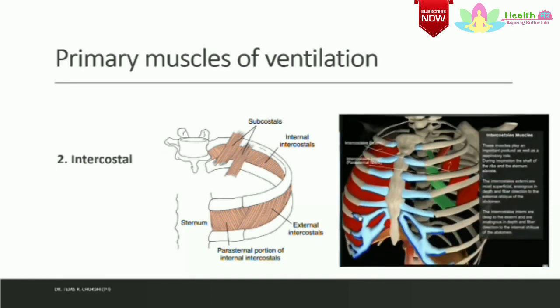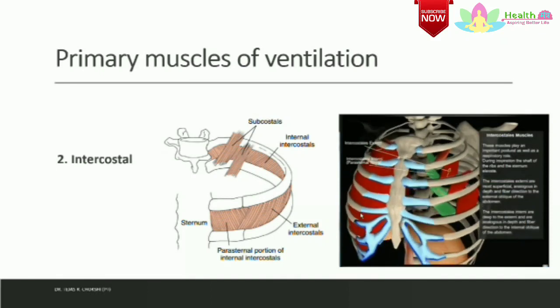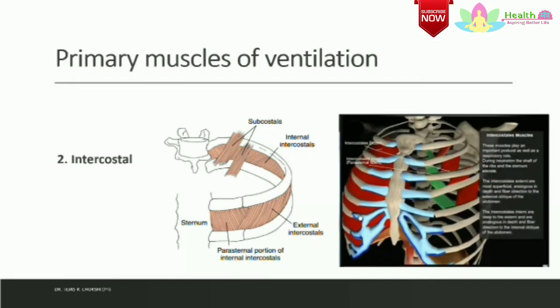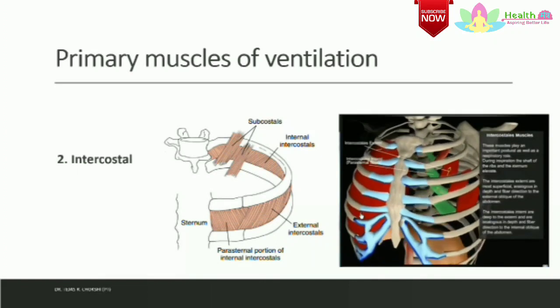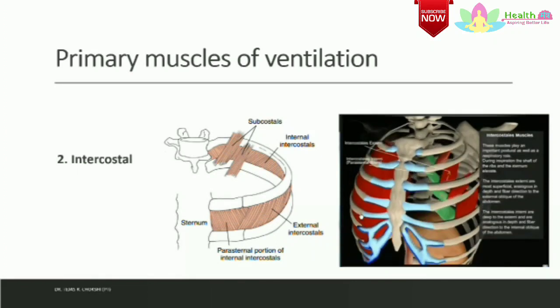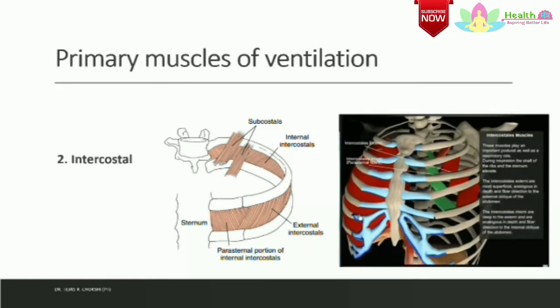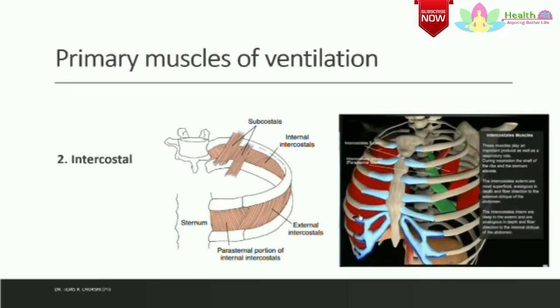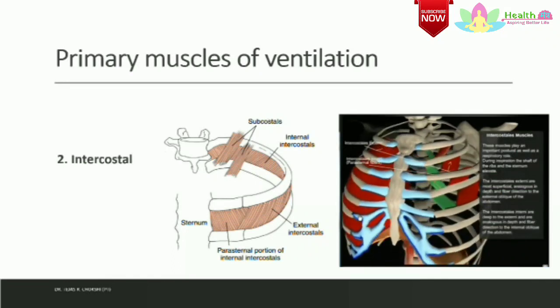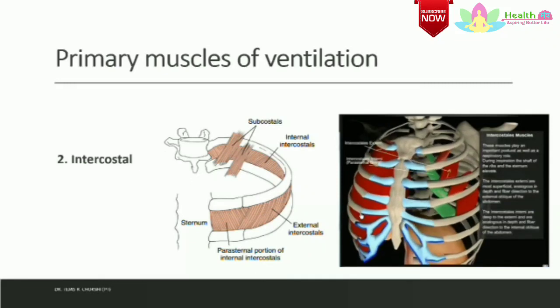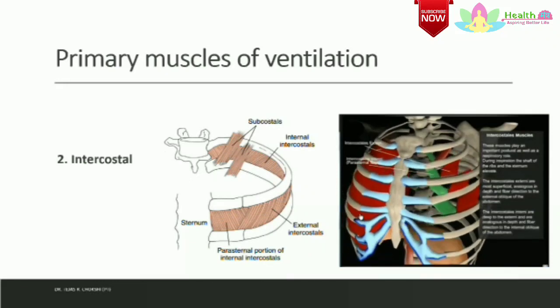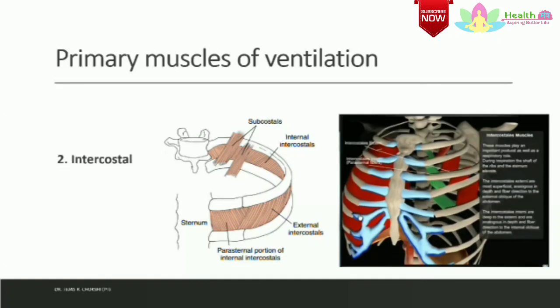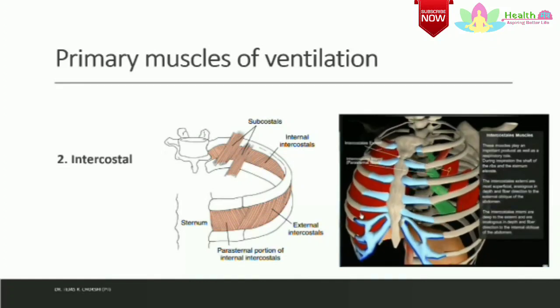Discussing the function of the intercostal muscles, the external intercostal muscles are activated during inspiration and the internal intercostal muscles are activated during exhalation. Both sets of intercostal muscles may be active during both phases of respiration as minute ventilation increases. Either set of intercostal muscles can raise the rib cage from a low lung volume or lower the rib cage from a high lung volume.